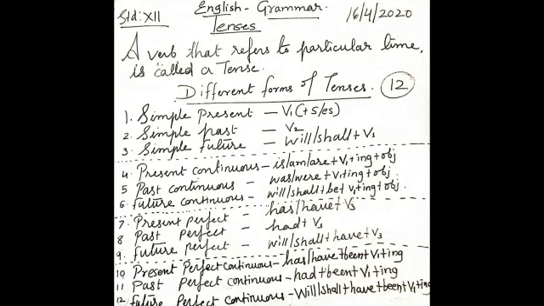Past perfect tense describes an action completed before a certain moment in the past. For example, I had seen him last 5 years before. One more example I'll tell you. I met him in New Delhi in 1996. These are the examples that show the action completed before a certain moment.